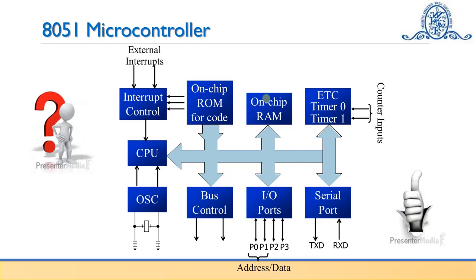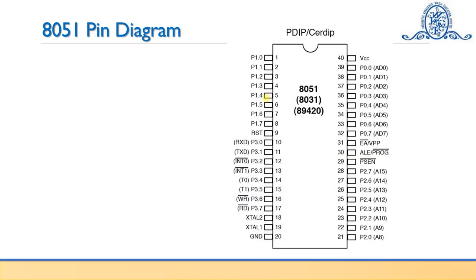So this is the internal architecture of the 8051 microcontroller. This is the pin diagram. It is a 40 pin package, and pin number 40 is VCC, so we have to provide a 5-volt supply to the chip at pin number 40, and then pin number 20 is the ground pin, so the ground is